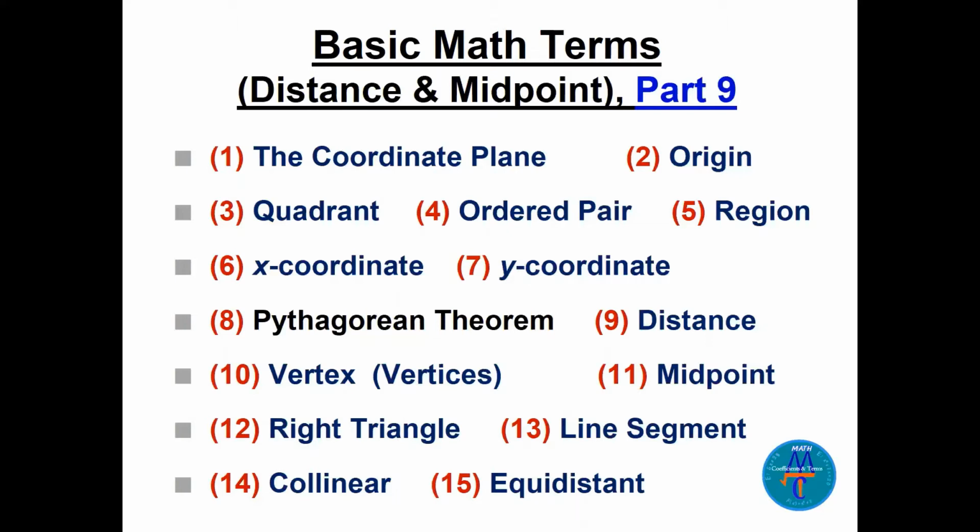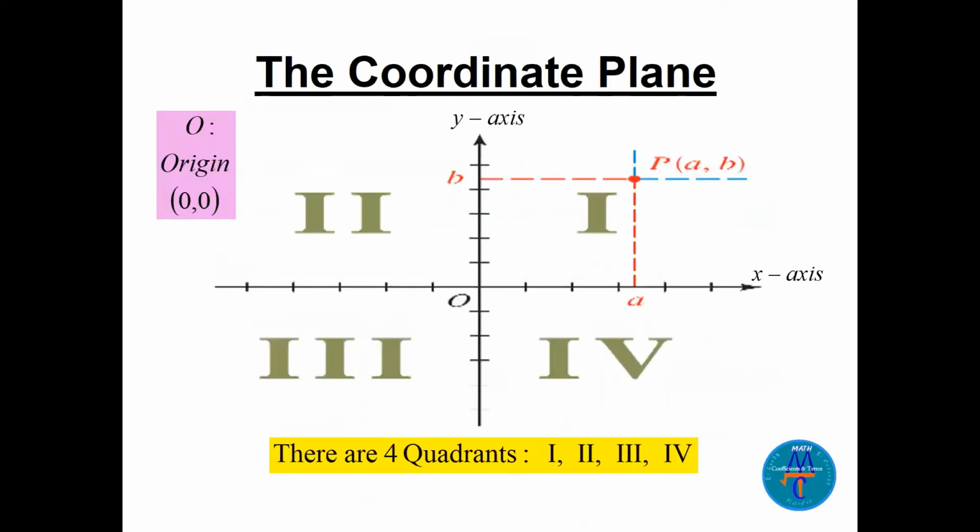The coordinate plane, the origin, the region, ordered pair, quadrant, midpoint, line segment, collinear. Here we have some difficult words. We say collinear or equidistant. Okay, let's start explaining. Now, the coordinate plane